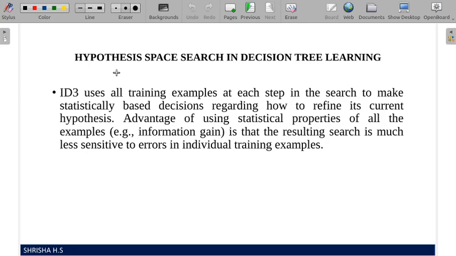Similarly, that one bad grade may have a very small impact on your total SGPA or CGPA, right? Similarly, when you consider the entire data set every time you refine your decision tree, even if there are some errors, it will have a very small impact on the construction of the decision tree. So this is an advantage.